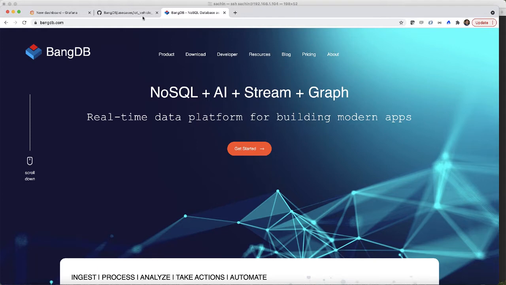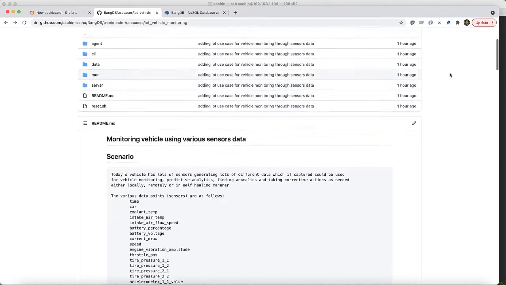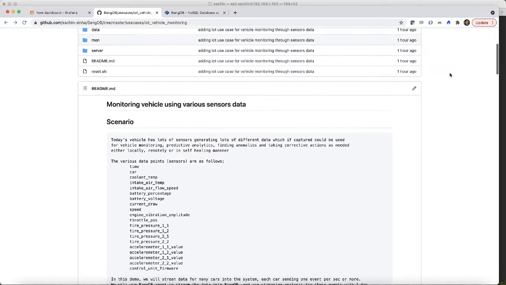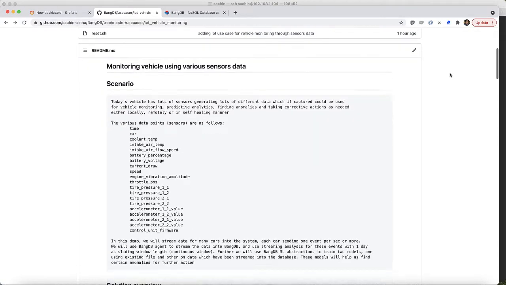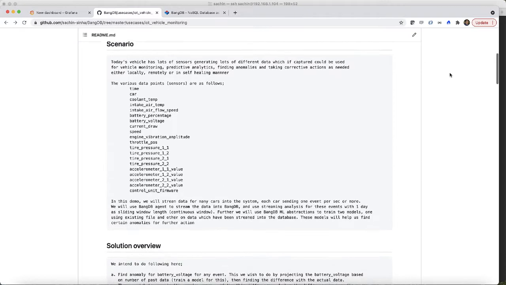Today let's implement one simple use case, but which is pretty relevant today. And this is a real world use case scenario. This is about monitoring vehicles using various sensor data. We have a set of cars and each car is sending an event per second, and the event contains 16-18